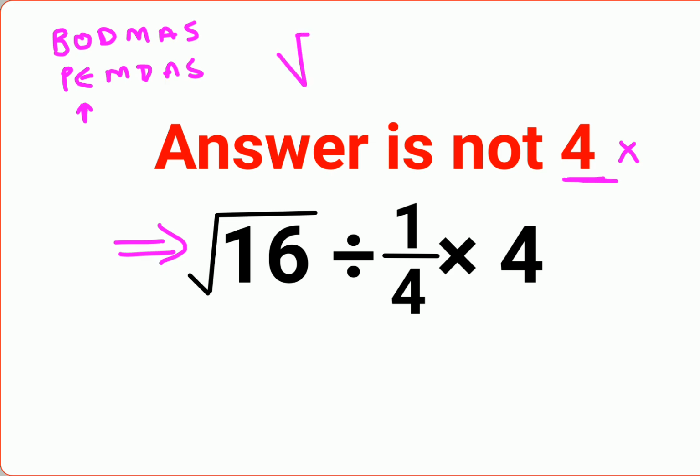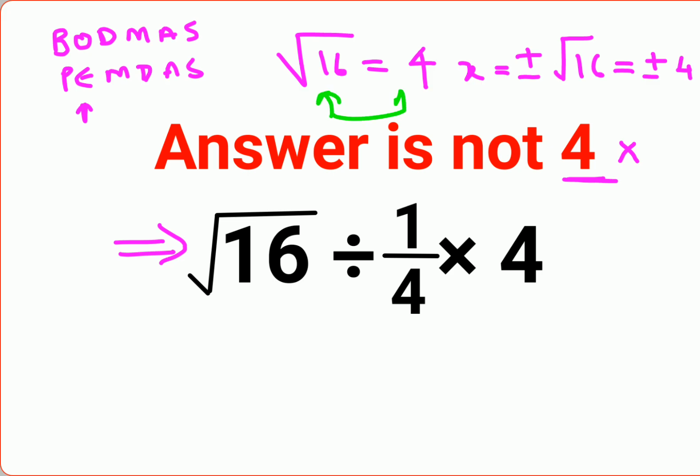Now please understand, root of a positive value will always get you a positive answer. You might be wondering, then when do I have a plus minus situation with roots? That only happens if you have a variable involved. Because the nature of the variable is that it keeps changing its value, only then will the value have a plus minus sign ahead of it when you are taking roots. But otherwise, if you are trying to find root of a positive value, then the answer is just positive.